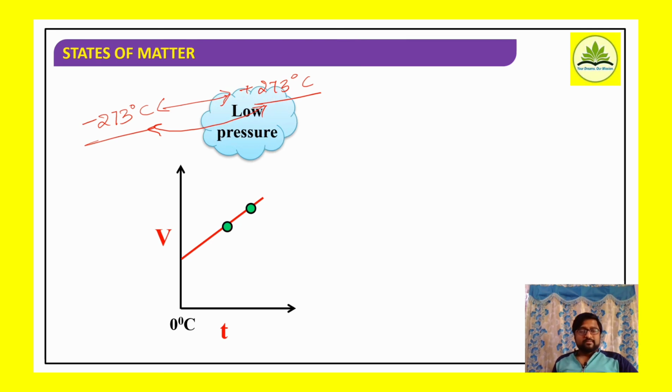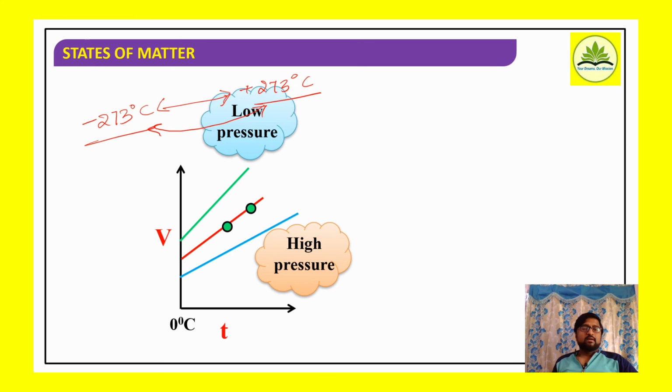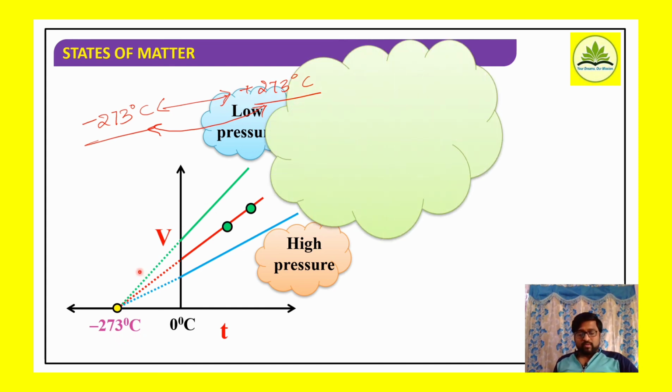So the temperature falls up to minus 273 degrees Celsius. Therefore, when the temperature decreases, the corresponding volume also goes on decreasing. So at low pressure, we get different curves above the average line. At high pressure, the curves are below the average line, because the corresponding volume will be less. Now, if you start finding the origin, what is the origin for all gases? It will be minus 273 degrees Celsius. Up to minus 273 degrees Celsius we can decrease the temperature, and the volume correspondingly goes on decreasing.